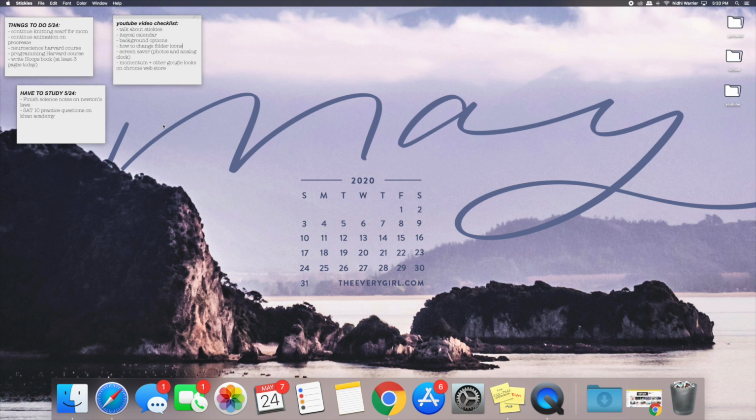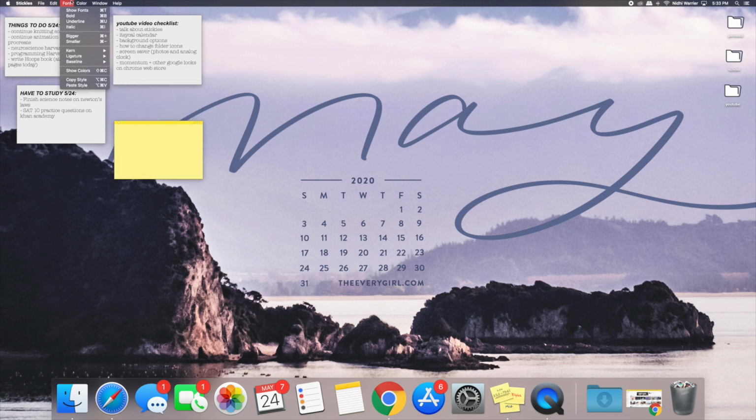I used to not use them, but when I found out that you can change the color and the font, I started using them way more. I didn't know that you could change the color and font, so here's how you can add the sticky note and then customize it. So you're going to click the Stickies app that's already in your computer. You're going to click File and then you're going to click New Note, and this is how the default note